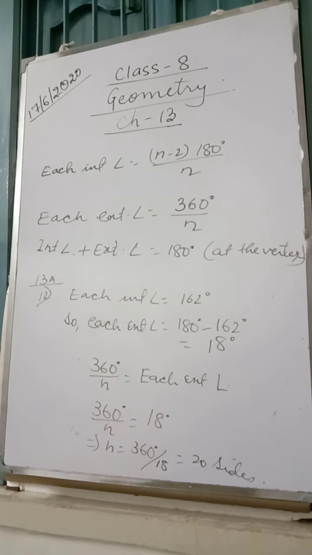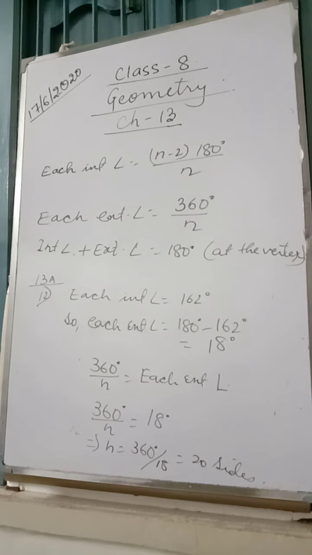For this exercise, now in exercise 13B, it has given only quadrilaterals. As all of us know, the sum of interior angles of a quadrilateral is 360 degrees, and you have been given figures where you have to find the values of the angles of the quadrilateral. You can see question number 5. Here it is given the angles of the quadrilateral are in the ratio 3:4:5:6. Find the angles of the quadrilateral.